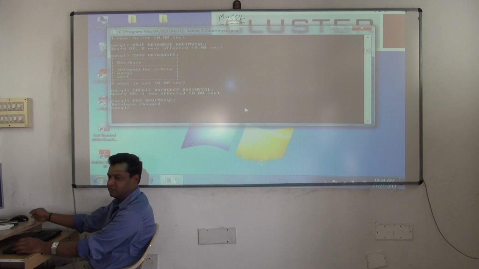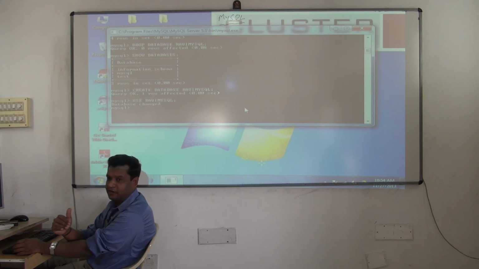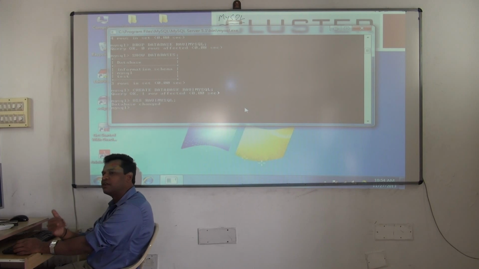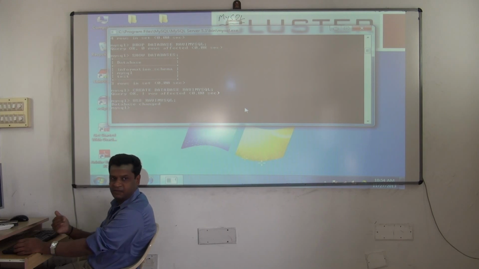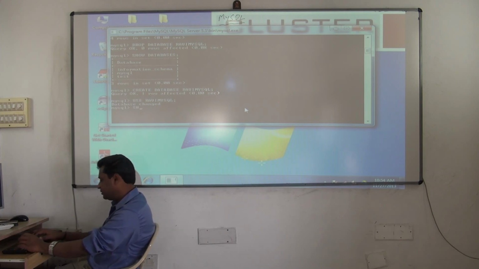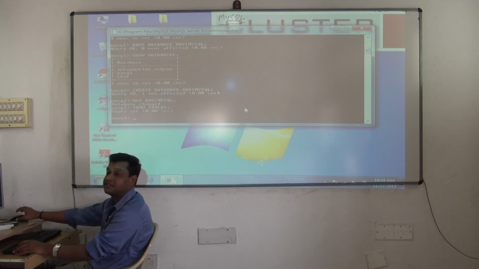After entering the schema, this is a very new schema or user that I have created. In this user, are there any tables? There are no tables. But I want to see if there are any tables. So in Oracle, what is the command you use? Select star from tab. Select star from tab will give you the list of all the tables in the schema. But here we say show tables. Understanding now what I am typing? Show tables. There it says empty set.